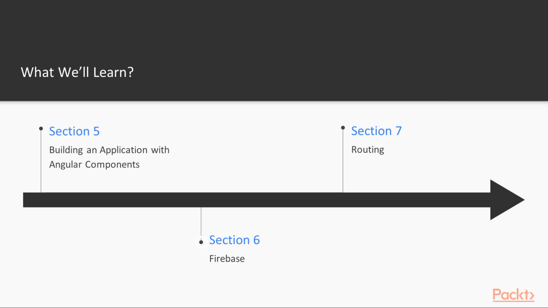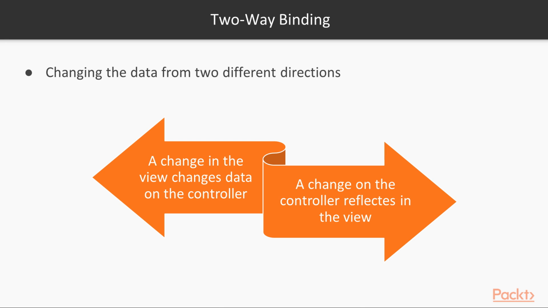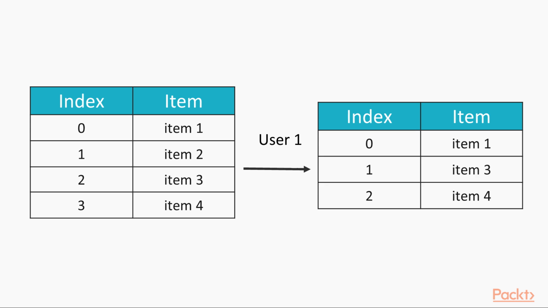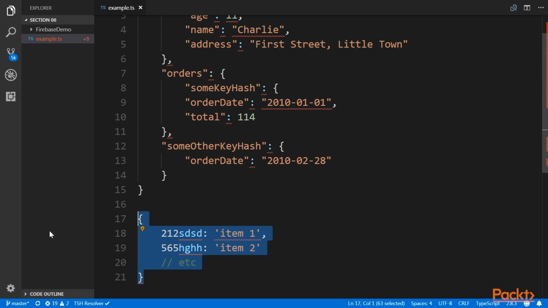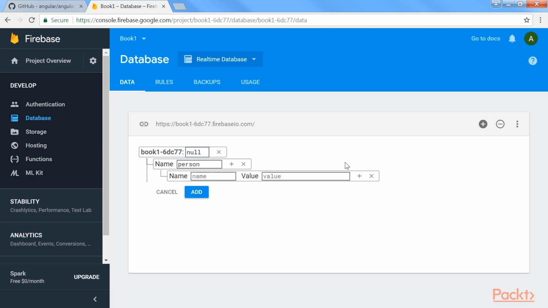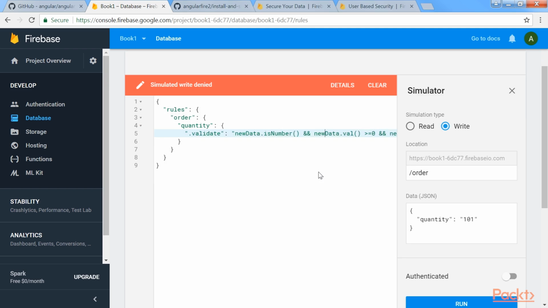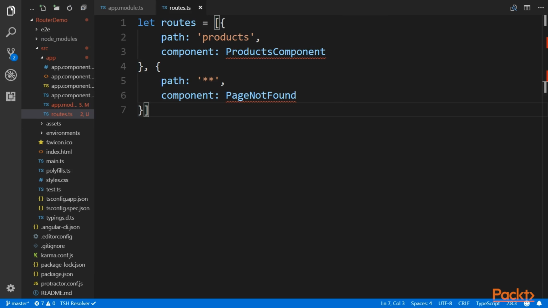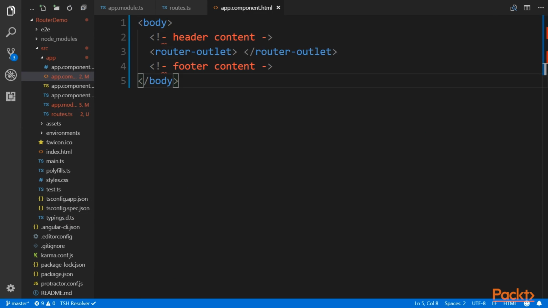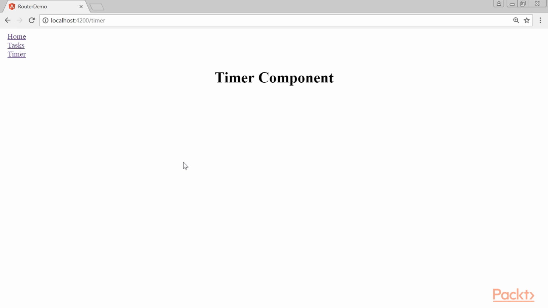Following that, we'll move on to explain Firebase, which is a product by Google that allows you to have a back-end as a service. Firebase lets you focus on binding Angular apps while it takes care of almost everything else. The best part is Firebase's reactive nature, which makes chat-like applications as well as collaboration apps a breeze to create. Finally, we'll jump right into routing, where we'll explain the concept of routing, so you can scale your application seamlessly.